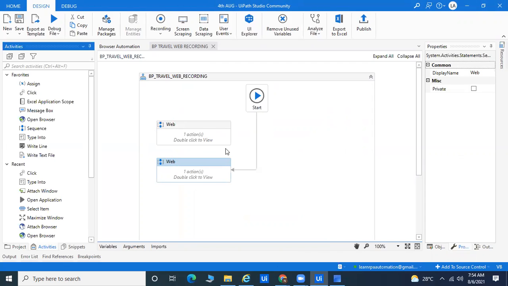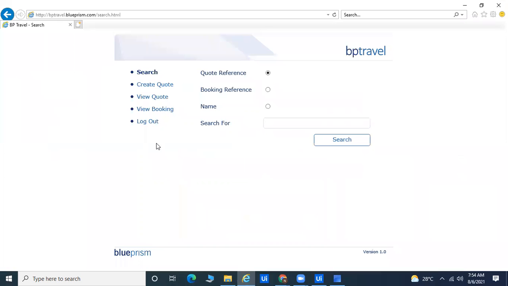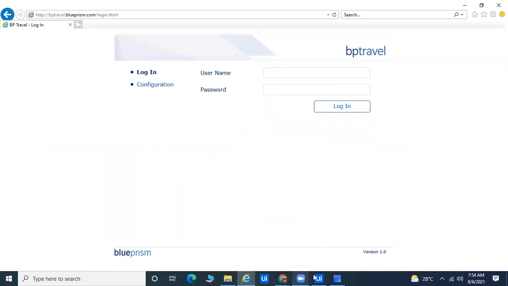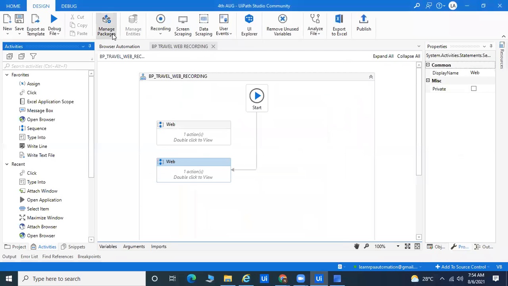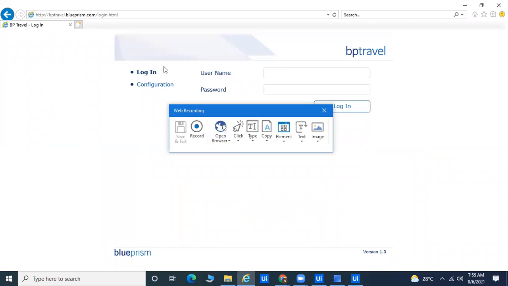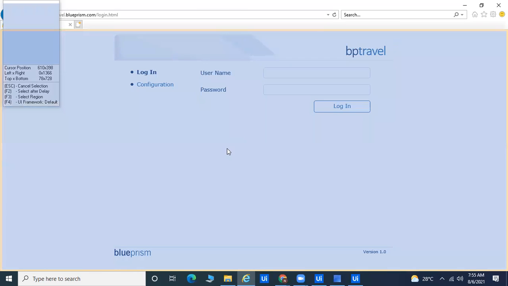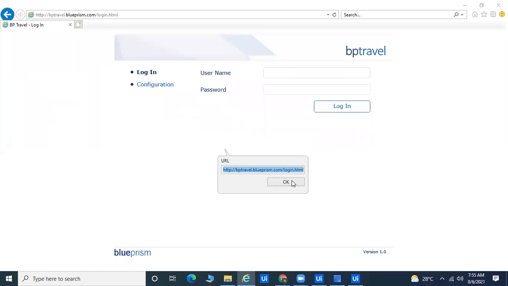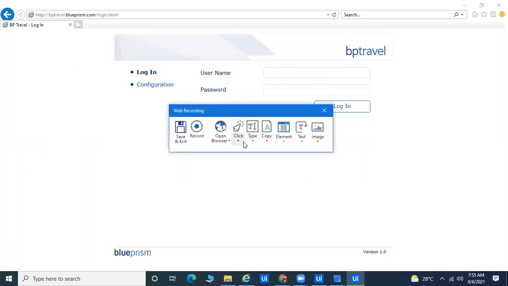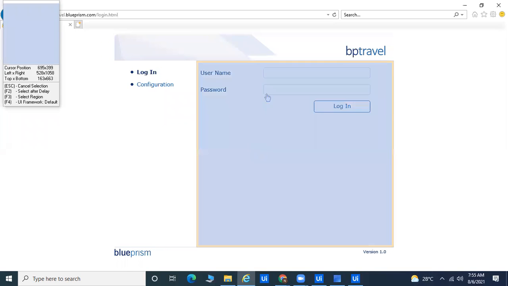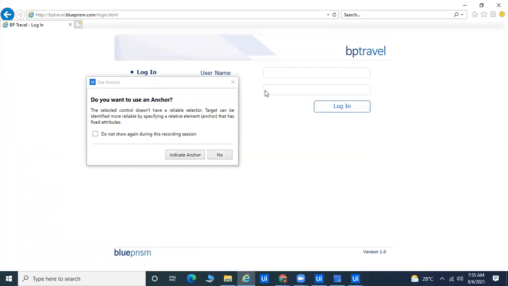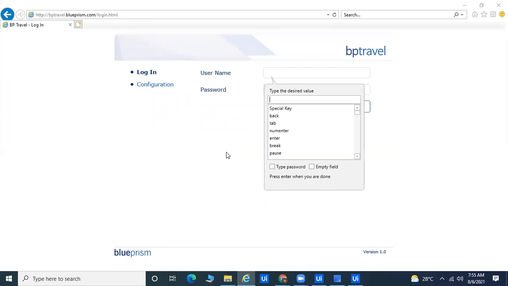But if you come to this recording again, I can show you. I'm on the logout page. If you go to UiPath, go to the recording part, come to web, and click on open browser, then we pass the type into, that is the username and password. There you can pass the ID as admin, and also provide the password.